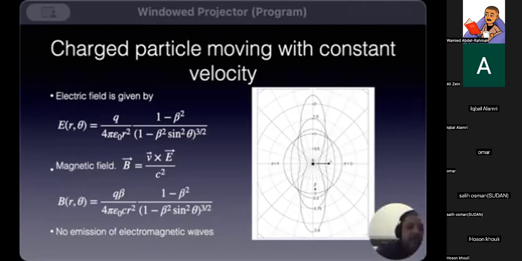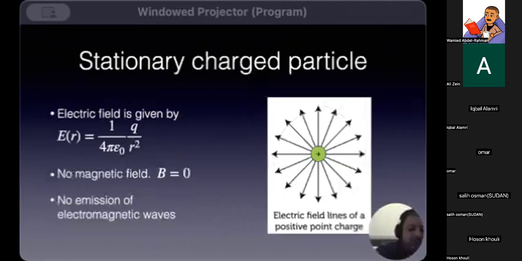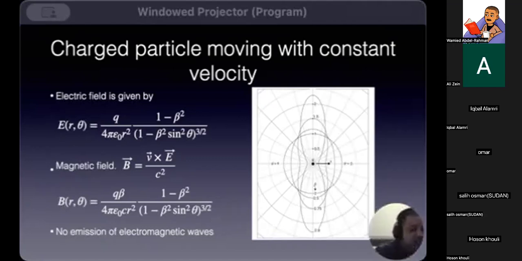Okay, so this magnetic field is given by the cross product of the velocity and the electric field, and is given by this relationship. These equations you can find in any electromagnetism book, undergraduate level. But the important point, again, is that this charged particle does not emit any electromagnetic waves, similar to when it is stationary. As long as it is moving with constant velocity, whether the velocity equals 0 or the speed of light or whatever, it does not emit